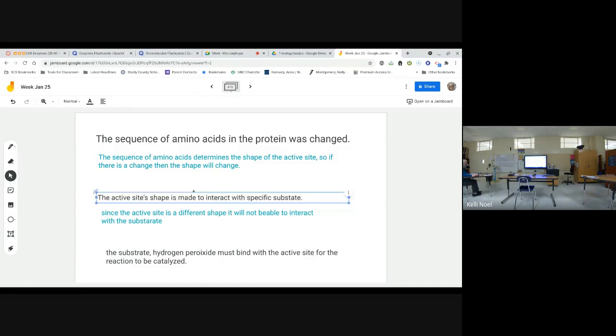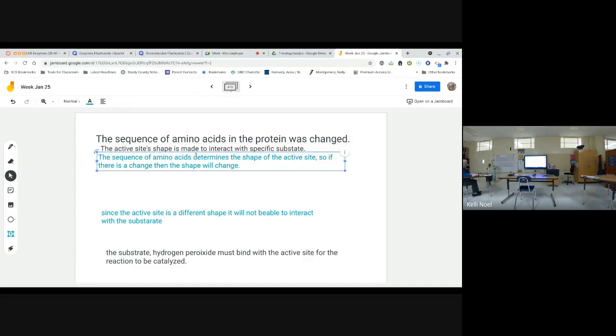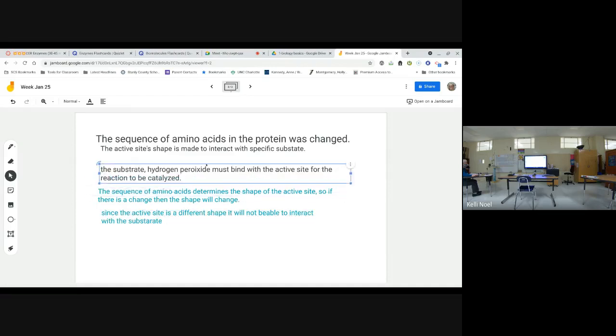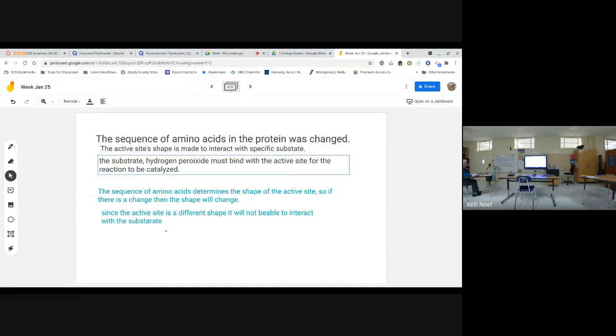All right, well, we might need to do it a different way. Maybe we'll get better this lesson. All right, so our reasoning is the sequence determines the shape, and if there's a change in the sequence, the shape will change. Since the active site is a different shape, it's not going to be able to interact with the substrate. And then you can say, therefore, the reaction will not catalyze completely,